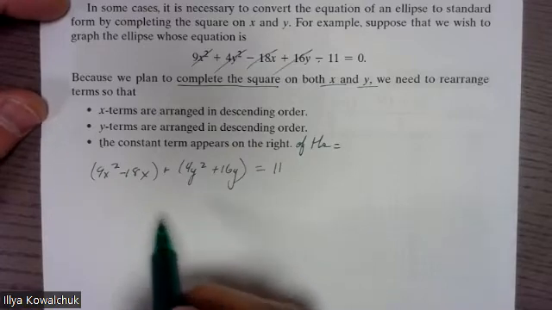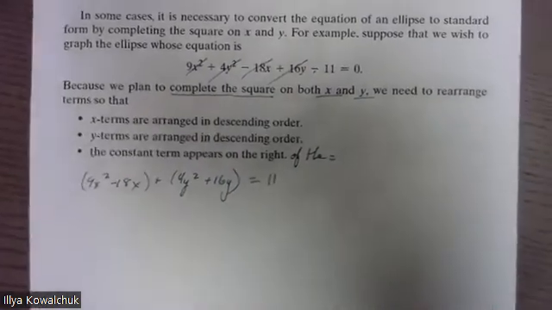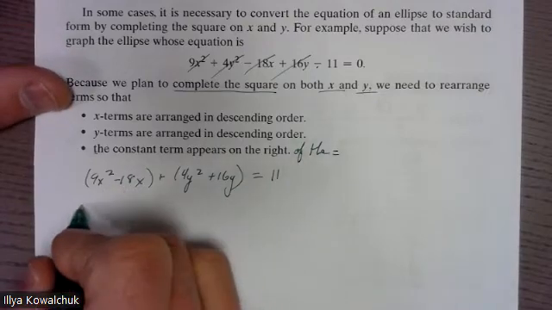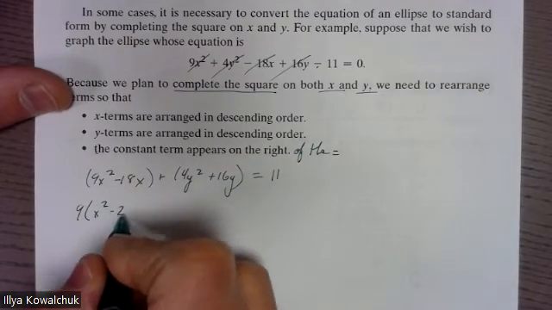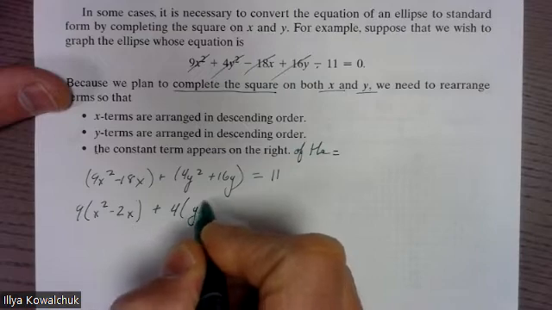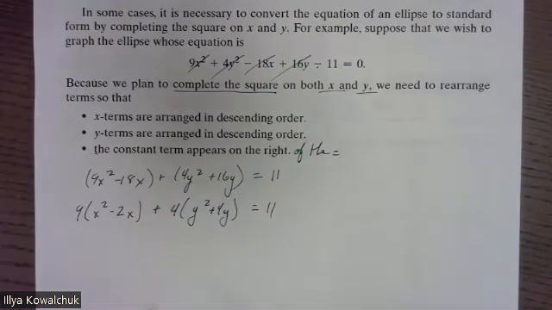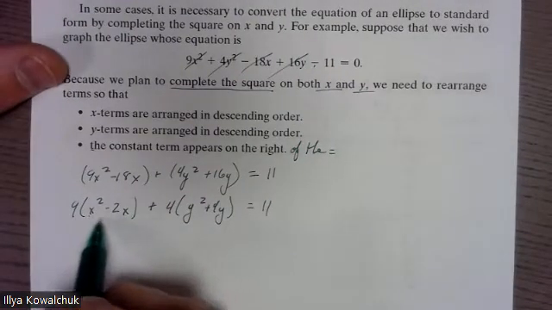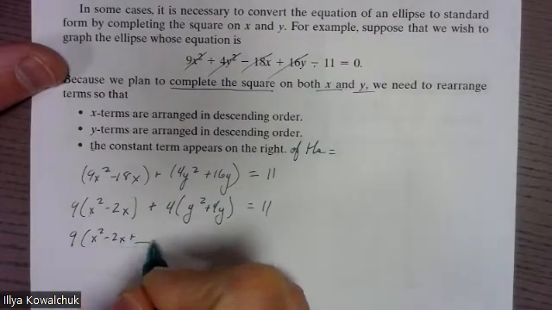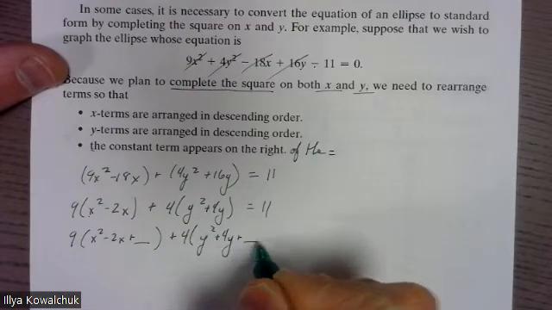And now what I need to do is complete the square for each of these. But before I do that, you know that I don't like working with complicated numbers. So I am going to try to make these simpler. And I can do that by factoring out the 9. And factoring out the 4. Okay, so now what I need to do is complete the square on the inside term. So we've got 9 times x squared minus 2x plus something plus 4 times y squared plus 4y plus something